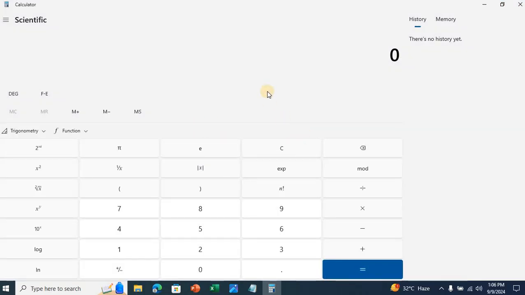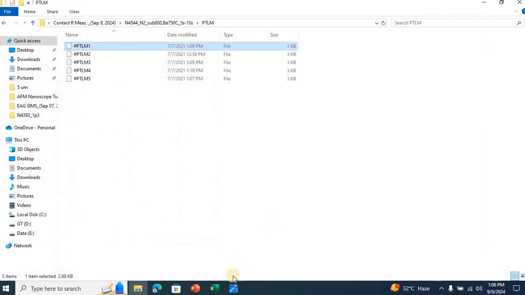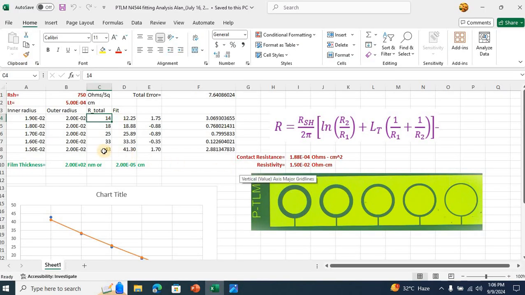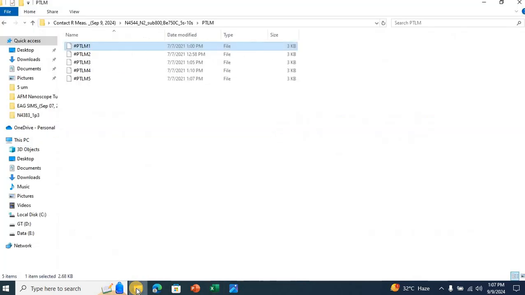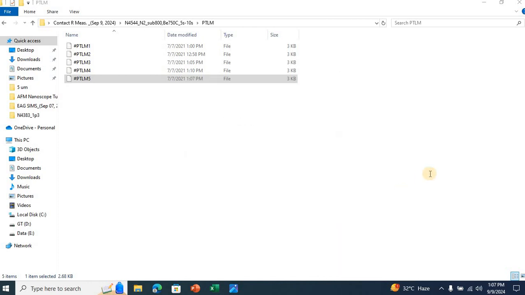So then my resistance is going to be 10 divided by approximately 42 ohms. Okay, and this is going to be for the one that actually corresponded to this one, the largest spacing over here for the 150 micrometers, 42 ohms, approximately 43 ohms. For the smallest one, I got this file,